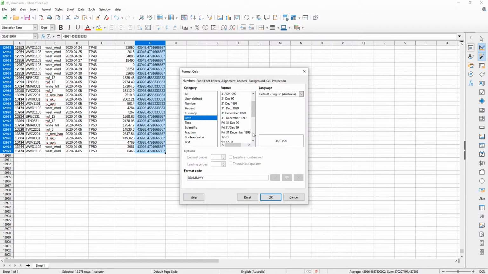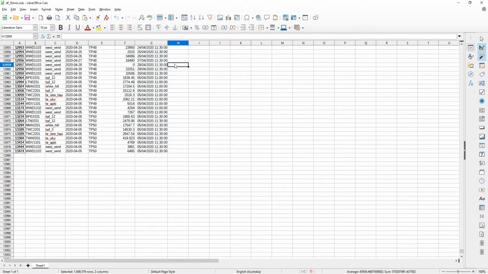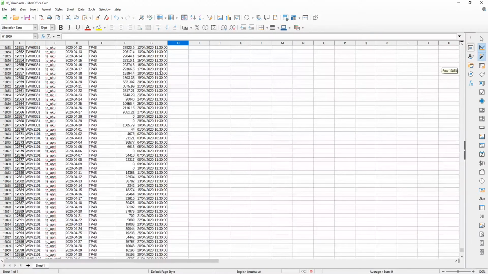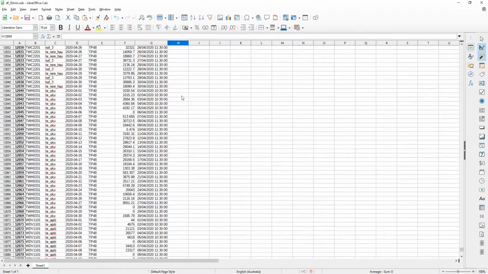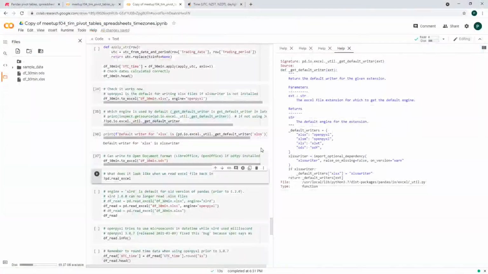Let's use any of these that's got times on them. We'll use that format. Okay, so that data looks pretty good as well. So it's faster to open, but it didn't have the dates formatted correctly. So there's not a lot of benefit in going with ODS, but you might find that in some case there is. So we won't save any changes, and I'll close the other one as well,